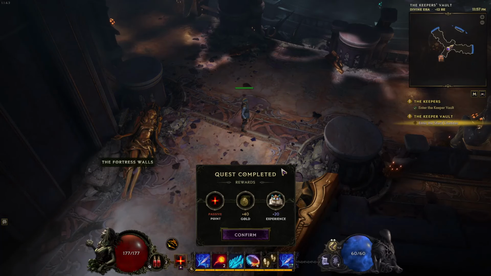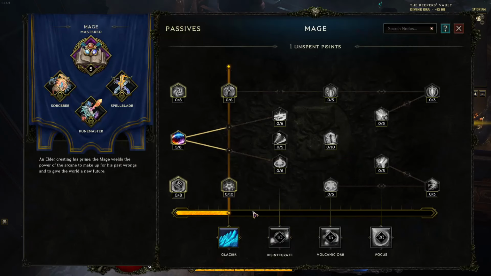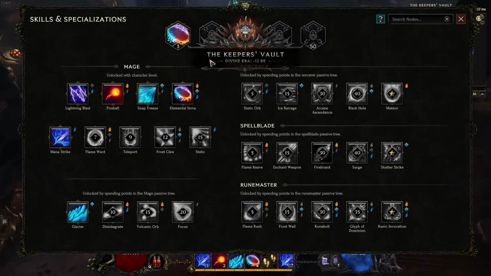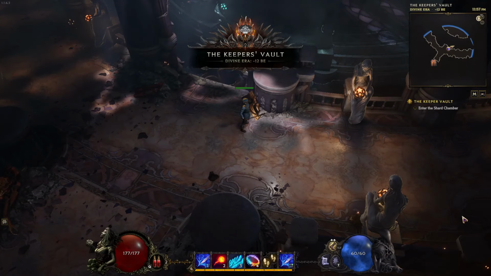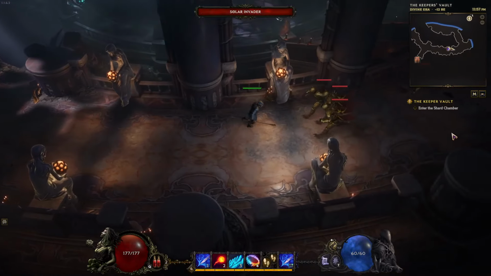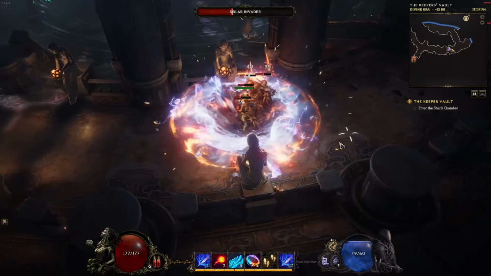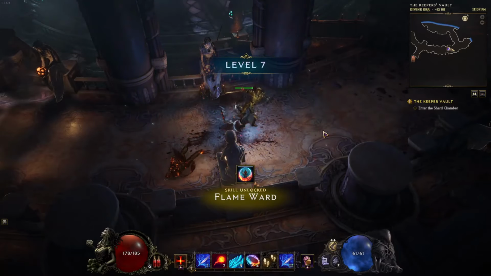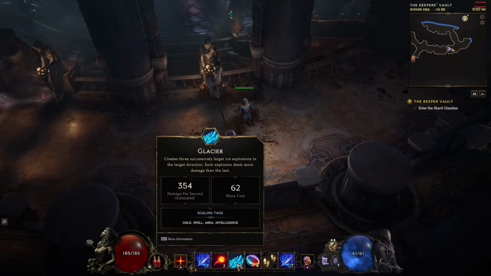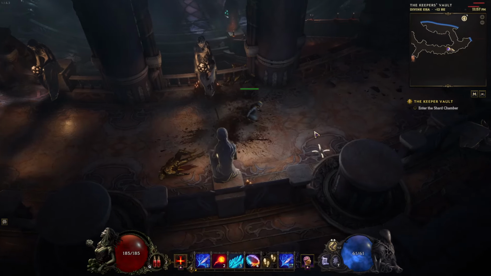And another passive point. Wow. All right, they're just giving these out like candy. 42% increased damage. I didn't get to level my Nova here. And if I level up one more time, then I unlock one last skill that I get to play around with. But that thing eats up my mana like crazy. Even to the point where it costs 62 and I only have 61, so...